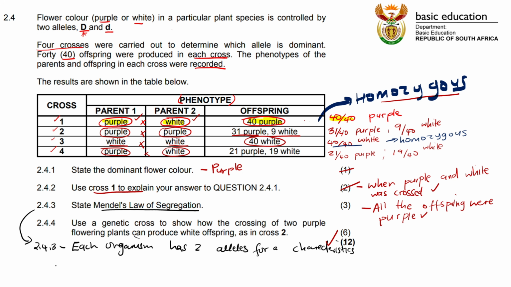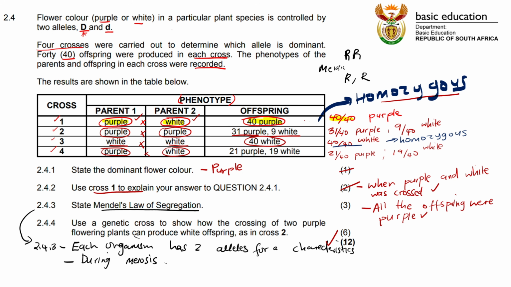And then what happens to those alleles? During meiosis, they do what? They separate. Remember, when you're writing a genetic cross, maybe you've got something like this, RR. When you write meiosis here, what next? You are going to separate R from R. So that is known as Mendel's law of segregation. So you say that during meiosis, what will happen during meiosis?